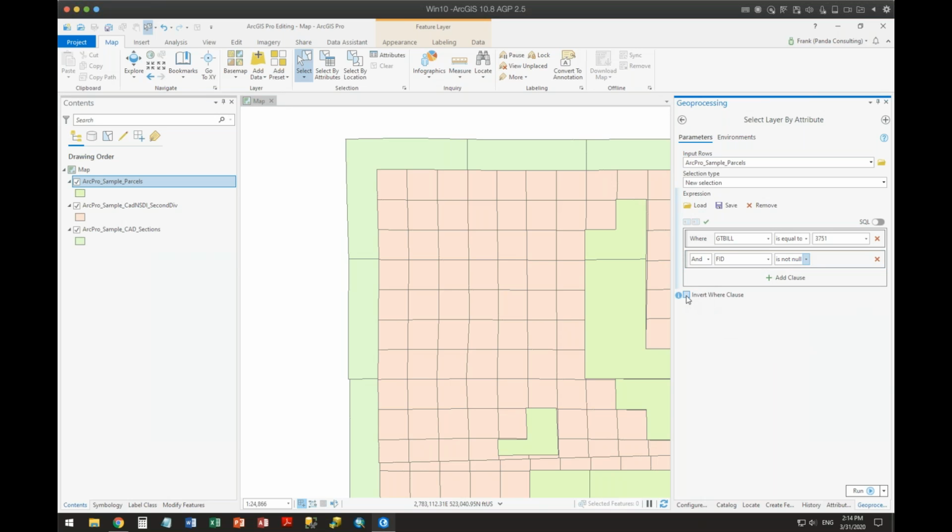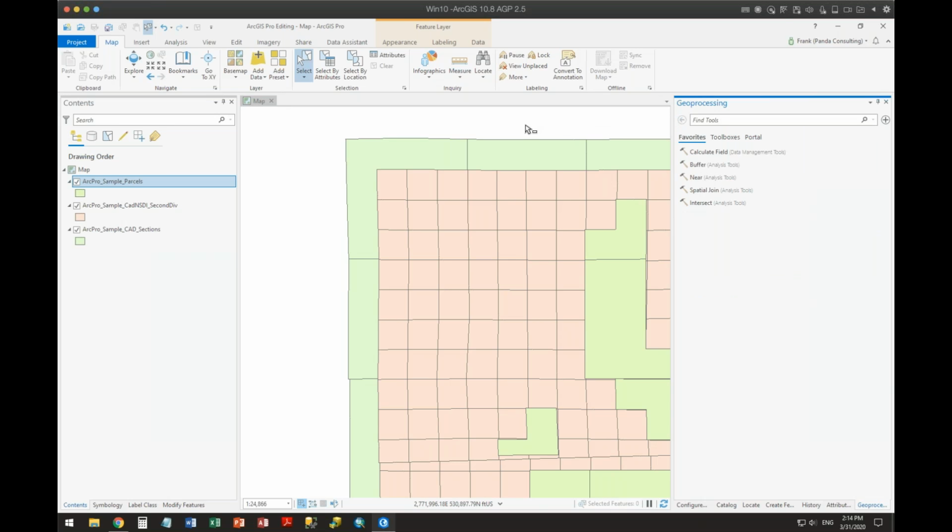So you can do your inverse right here. It's actually not bad. It's nice when you have that in place now to go and do this.